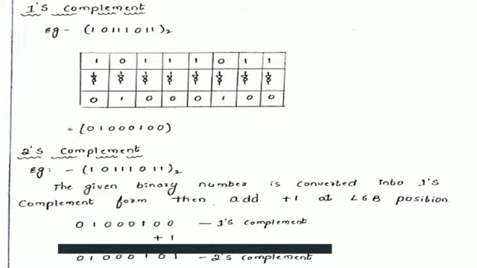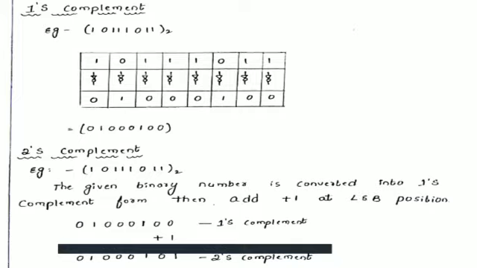In place of 1, we have to write 0. In place of 0, we replace it by 1. 1, 0, 1, 0, 1, 0, 0, 1, 1, 0, 1, 0. Like this, we can convert the binary number into the ones complement of that number.